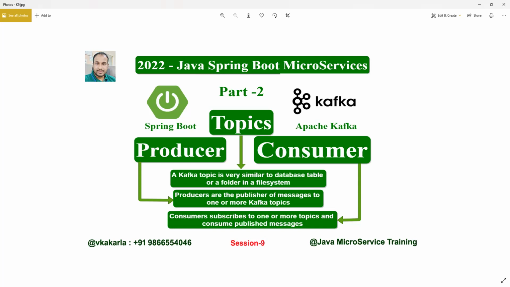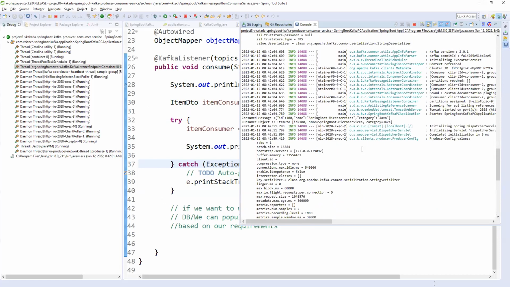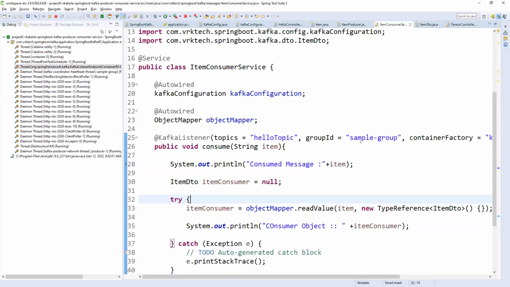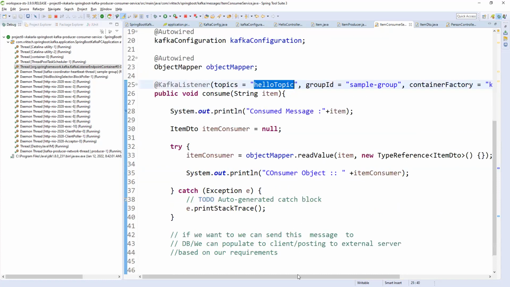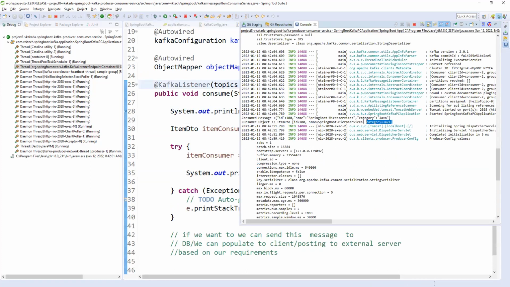Good question. Whenever we are running a service, the consumer by default will consume all the messages. That is the default behavior of the consumer; it will always read the messages. Why? Because we already configured it, so automatically it will read the messages. We did not acknowledge them. If you acknowledge a message, it will be deleted from the topic. Until you acknowledge, the messages keep staying in the topic. That is the reason it is reading them while running. Are you clear?